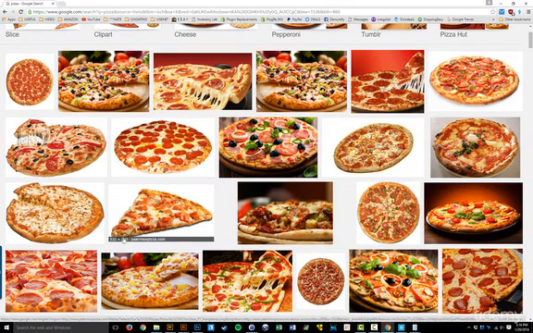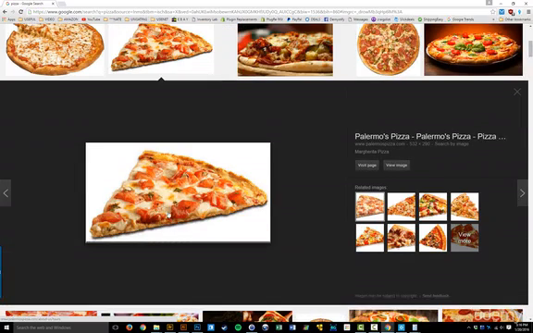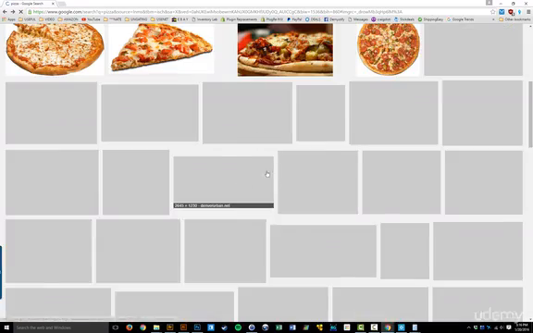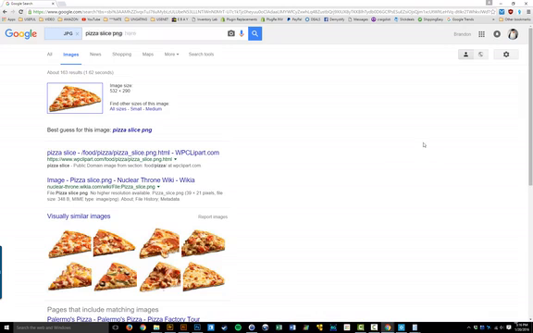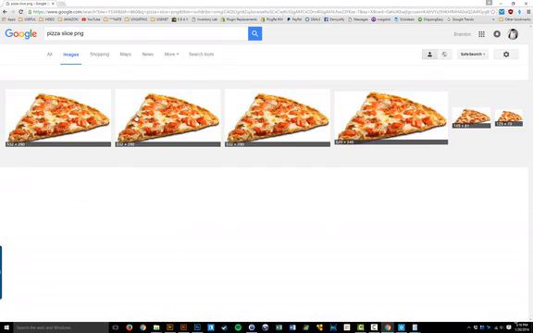See, if you just even highlight it, it'll show you the pixels, 532 by 290. So let's click that, and if I wanted a bigger one, right here I can go to the page that has that image, or I can just view the image at the pixel size that it is. Or if I want to look for a bigger one, I would come right here behind the pixel size where it says search by image, click that, and more often than not you can find bigger sizes by looking right here, all sizes,